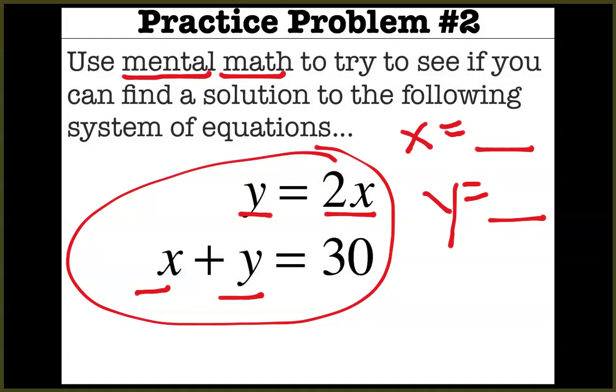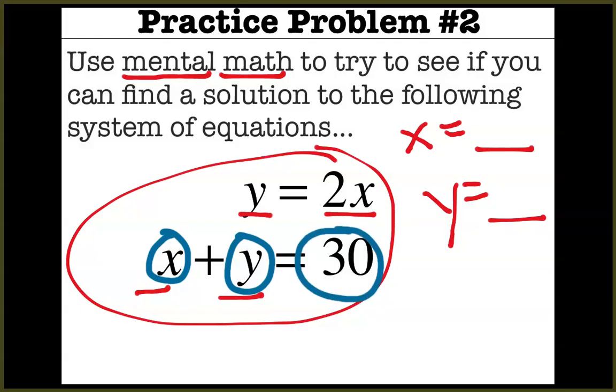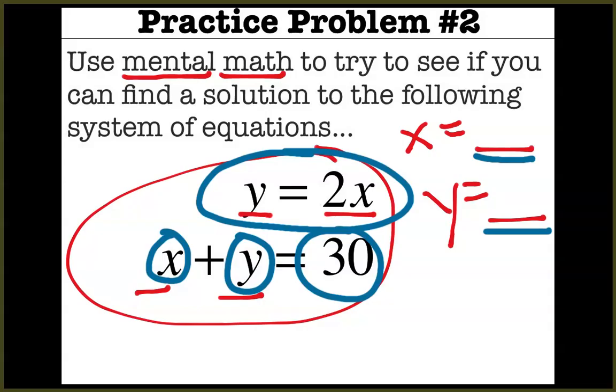My clue for this is, remember that x plus y has to come out to 30. So your answers here and here have to be two numbers that add up to 30. Maybe that gets you started. It could be 1 plus 29 equals 30. It could be 2 plus 28 equals 30. Then you just have to test them and see if they work here. You might be able to do that pretty quick. But if you can't,